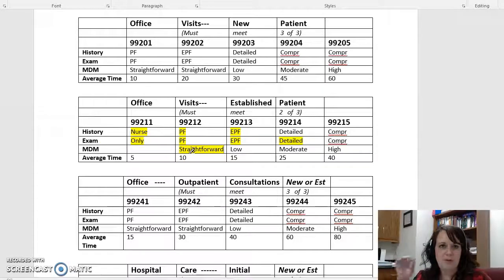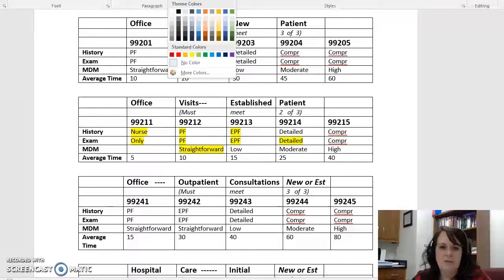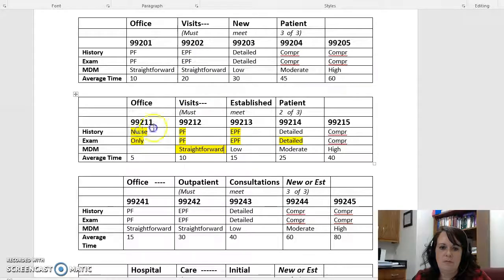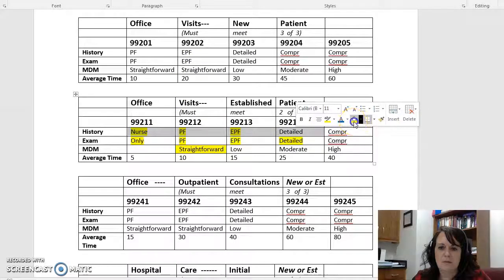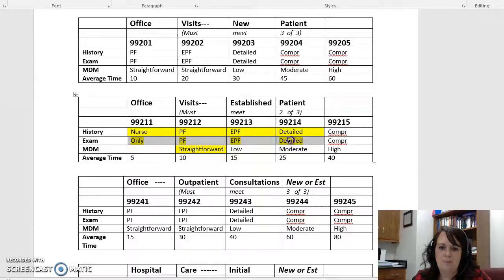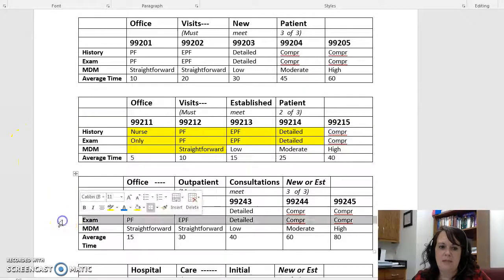If those are my 3 levels, and that's what I need to pick a code, I have highlighting here. I have it all the way up to here. On exam, I have it all the way over to here. And for medical decision making, I have it all the way over to here. Okay, maybe I should have used the fill boxes. It might be easier to do it that way, to fill the whole box. Maybe that's a little easier to see, okay? If this is what we did,